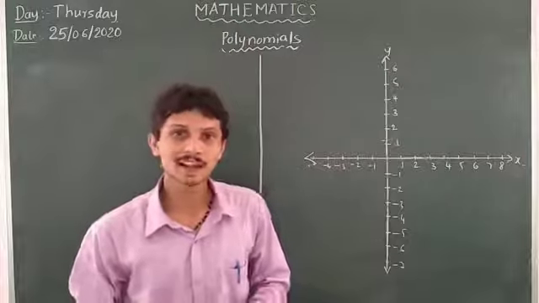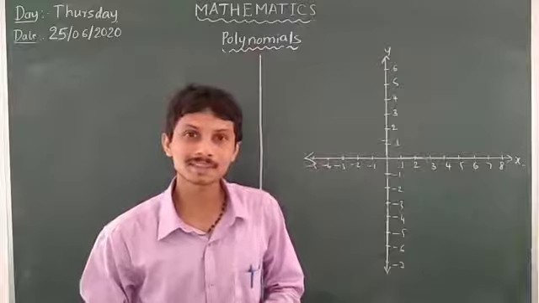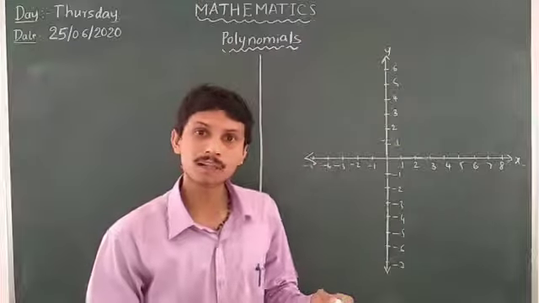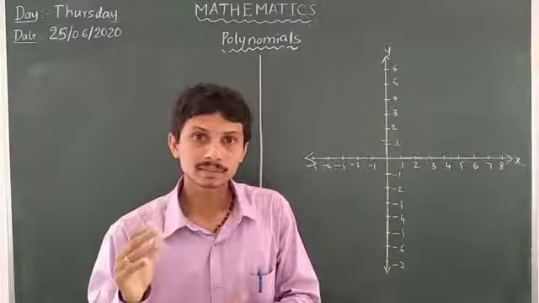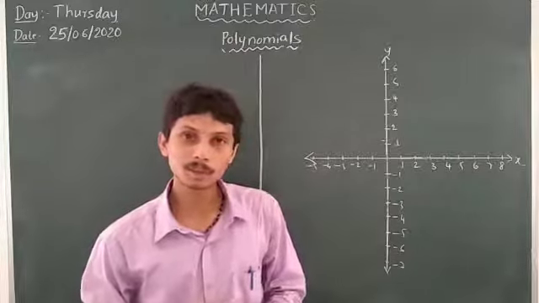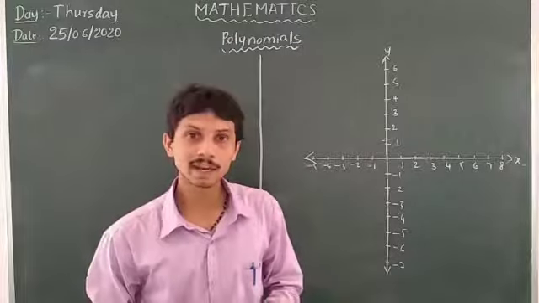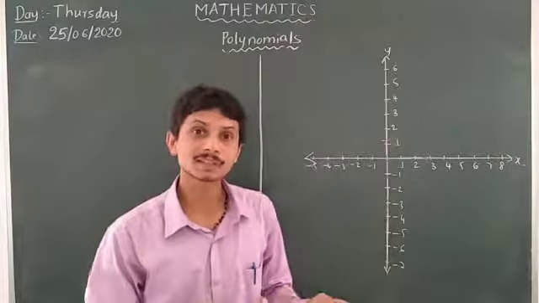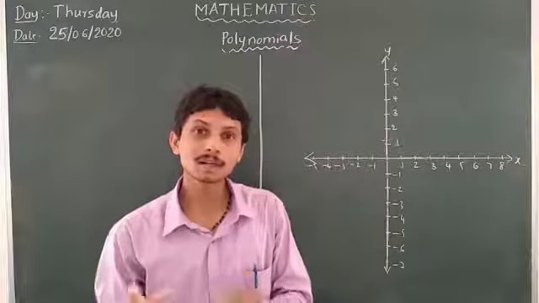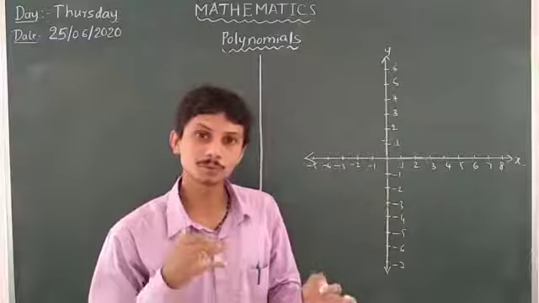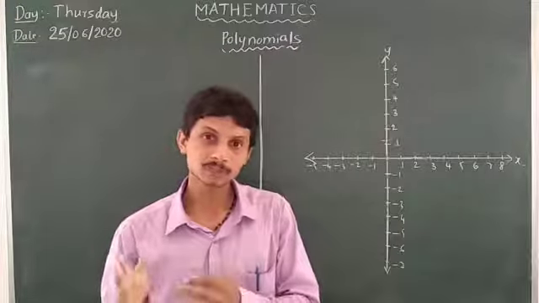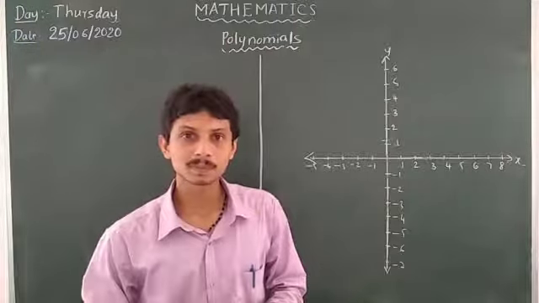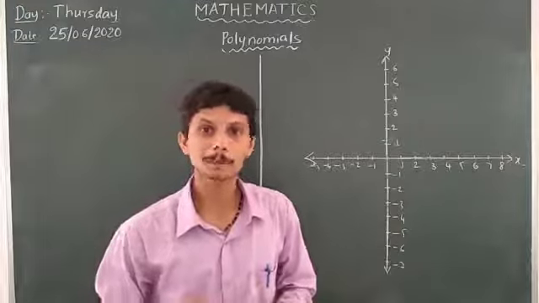I am from Anara. So last class we discussed a topic from 10th standard, that is polynomials. In polynomials we already discussed linear polynomial and quadratic polynomial, their geometrical representation of zeros of the polynomial and relation between coefficient and zeros of the polynomial. In this class we have to discuss cubic polynomial, that is the third type of polynomial. In that also we have to take geometrical representation of zeros of the polynomial and relation between coefficient and zeros of the polynomial. So let us discuss cubic polynomial.